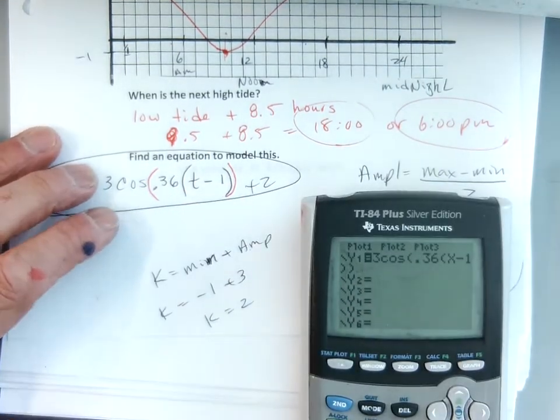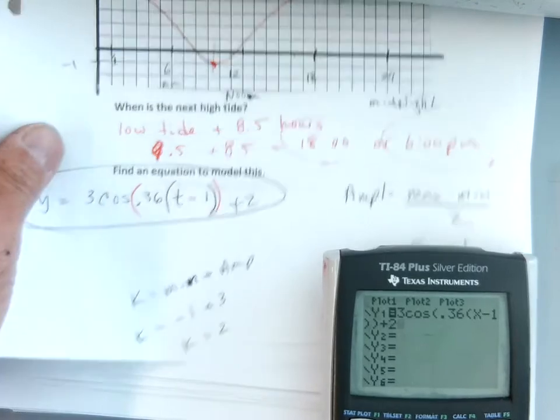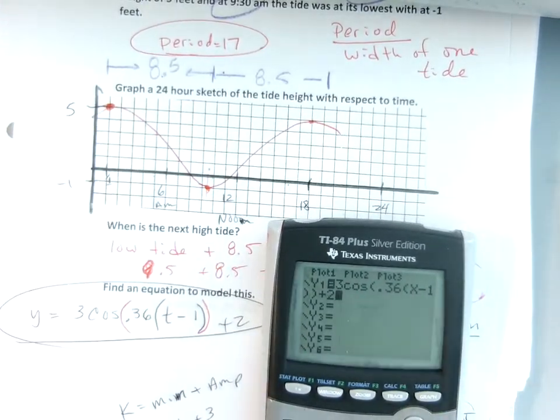And then plus 2. Now before I graph it, I better fix my window, because the window of my calculator needs to fit the window of this graph. You really should. So I go to my window. Am I going too fast? Am I right, Tanya? Okay. So I go to my window,